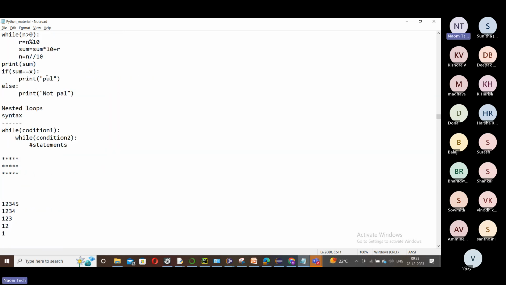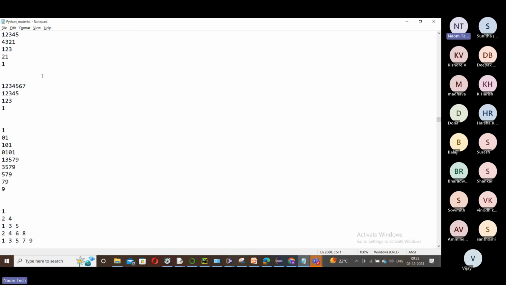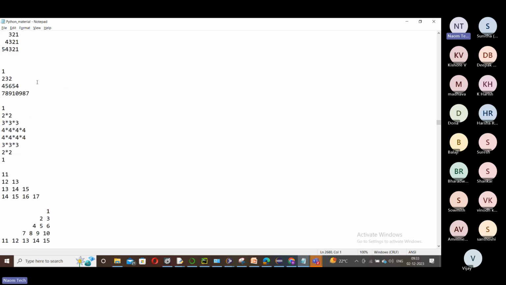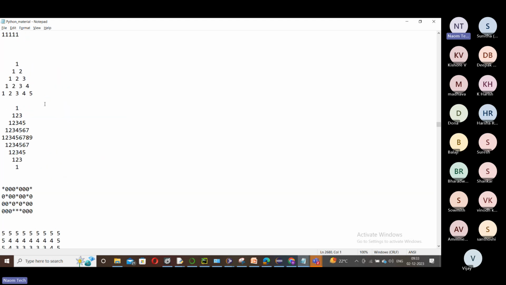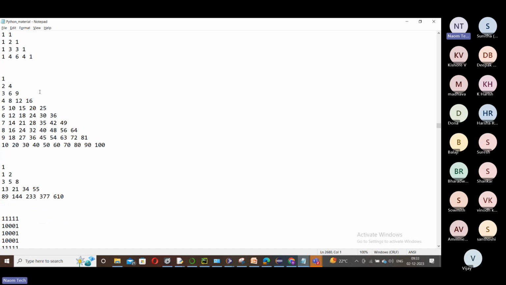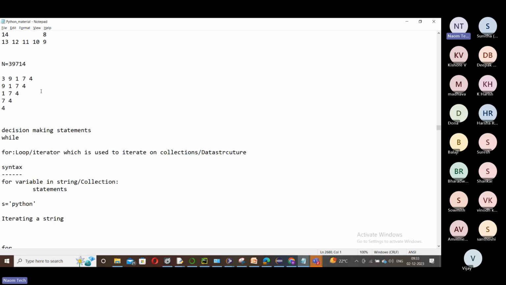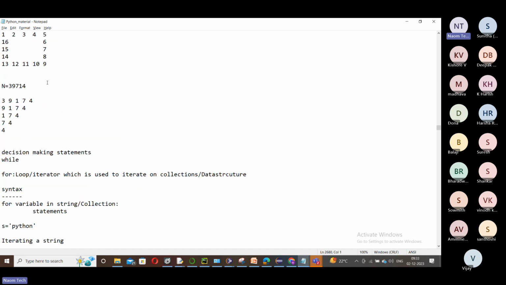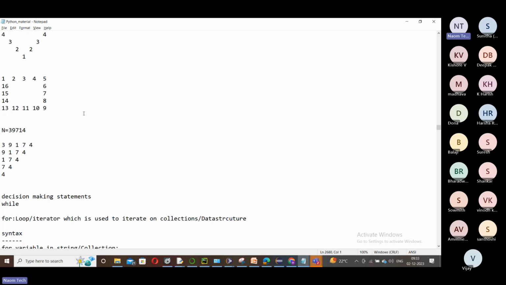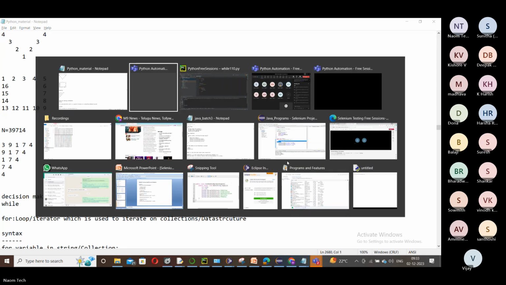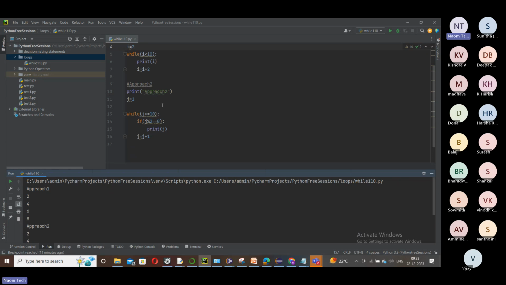Okay. So then what do we do now? And there are a number of different logics with patterns as well. This is usually when you know about nested loops, okay? Not for normal loops. Nested loop means a loop within a loop. I'll just show you how to declare that. So what do we do now? I'll share all those exercises for you. You can try them. And anywhere if you have logics, I'll discuss that with you.